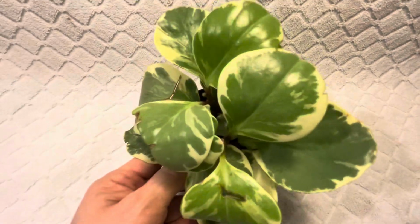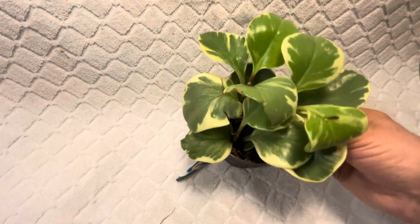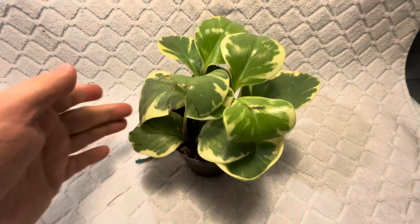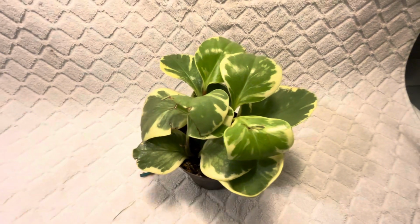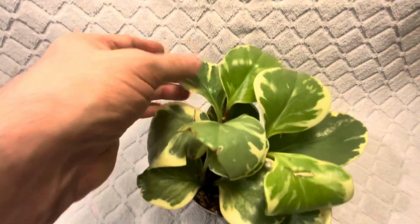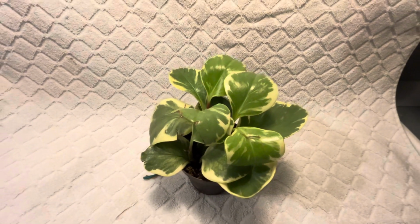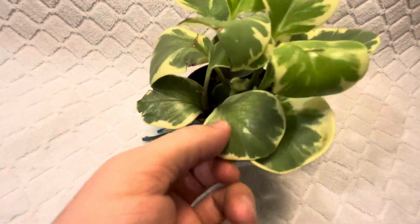So yeah, anyway, Peperomia obtusifolia. I do give these feed only because I'm feeding the Hoya that they're in the same tray with. So they kind of get it, not purposefully, but I'm going to water everything in that tray with the same nutrients. So yeah, they're not particularly fast growers. That's the only complaint I would have. They're not like Plectranthus. Plectranthus is like the Superman of the plant world, but still these guys are beautiful and